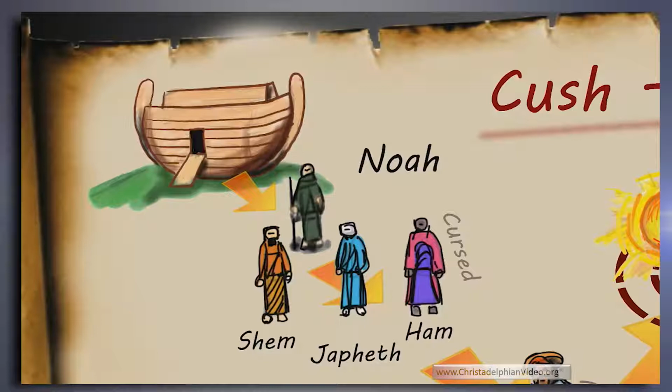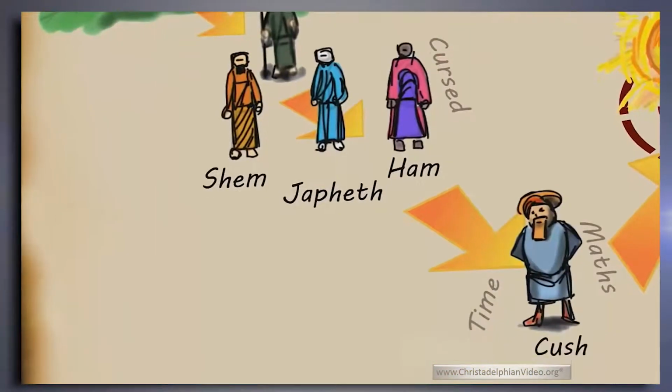One of Noah's sons didn't turn out so well, and we won't go into detail, but he had three sons, Shem, Ham and Japheth, and Ham got cursed because he was pretty naughty. Well, he had a son, and his son's name was Cush. And this Cush guy, if we dig around in history, is pretty interesting. He discovered all sorts of stuff like maths. He organised this idea of time and the cycles of everything in life. And he's claimed to be the one who unlocked the mysteries of all of these things.